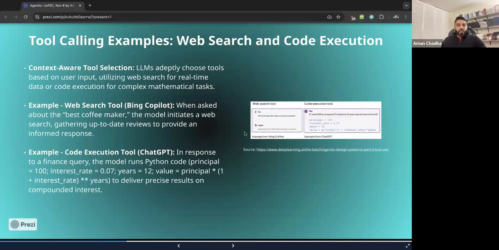And as an example, what I have here is web search and code execution. We just touched upon that in the prior slide as well, right?